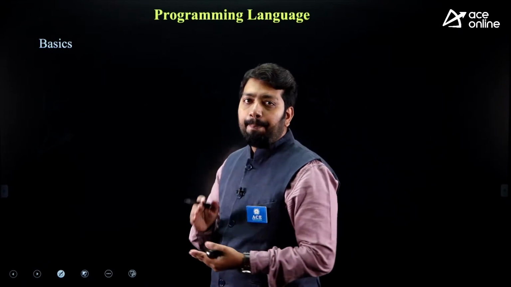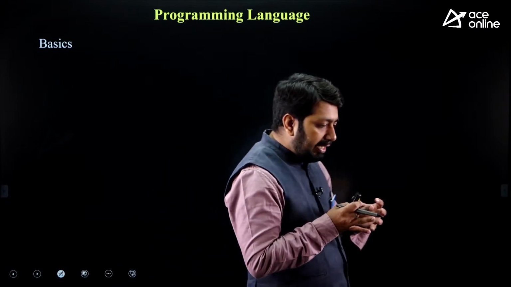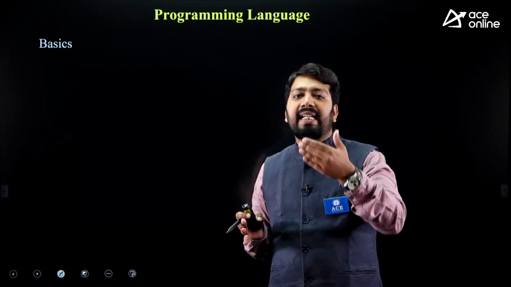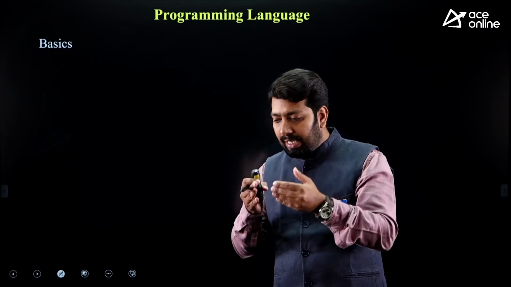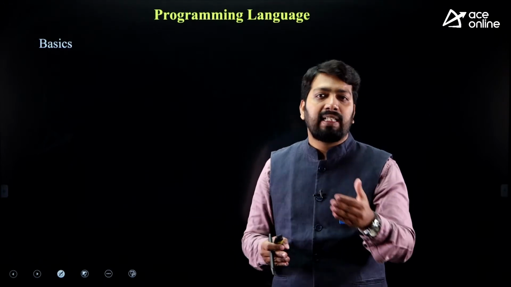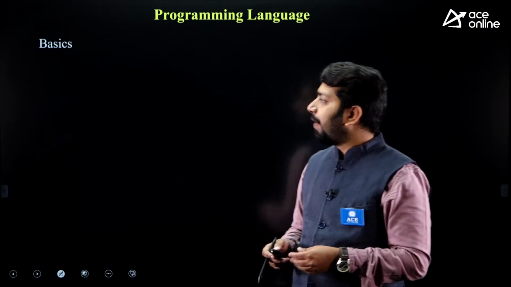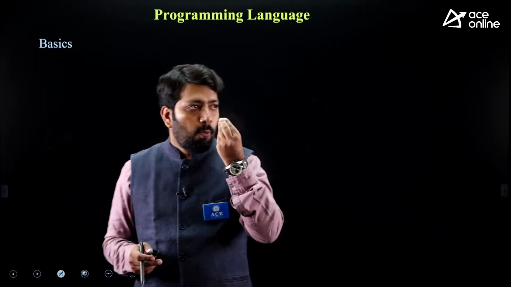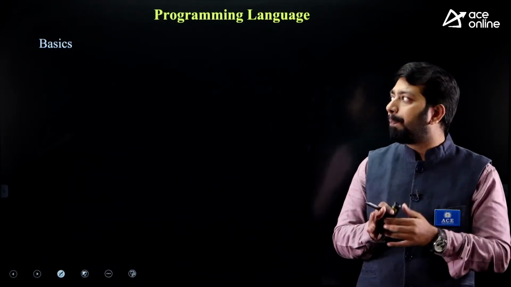Basics of C. The basics of C, or basics of any programming language, is itself a very huge term, because here they expect you to understand what C language is, how it evolved, and which category it comes from, like first generation programming language, second generation structured programming language, third generation, fourth generation, etc. Fine. And what kind of variables we use, what the naming rules are, what the keywords in C language are. So these are the expectations in the basics.